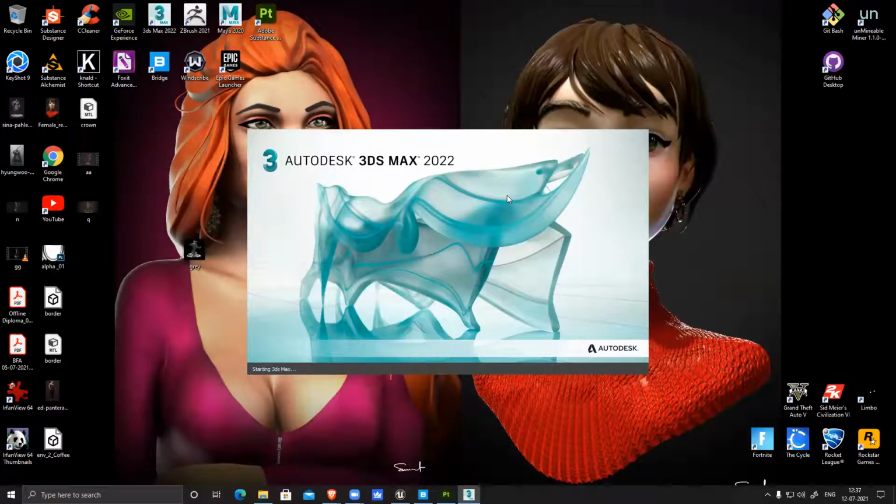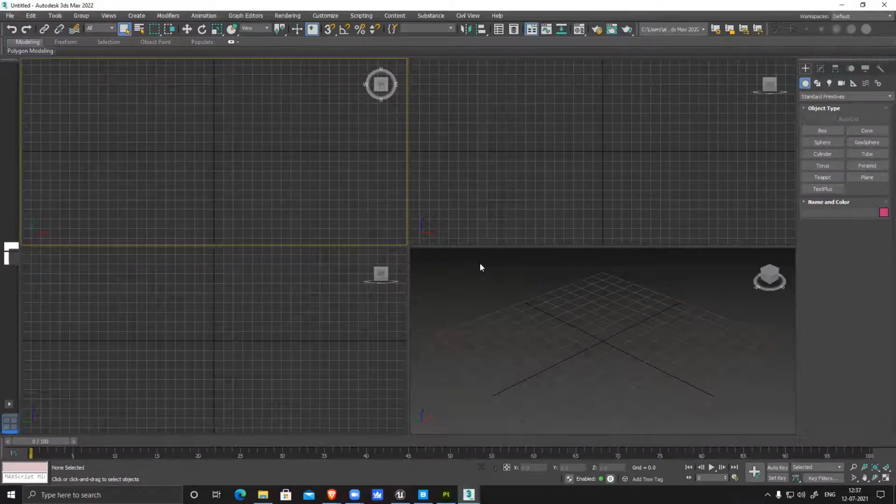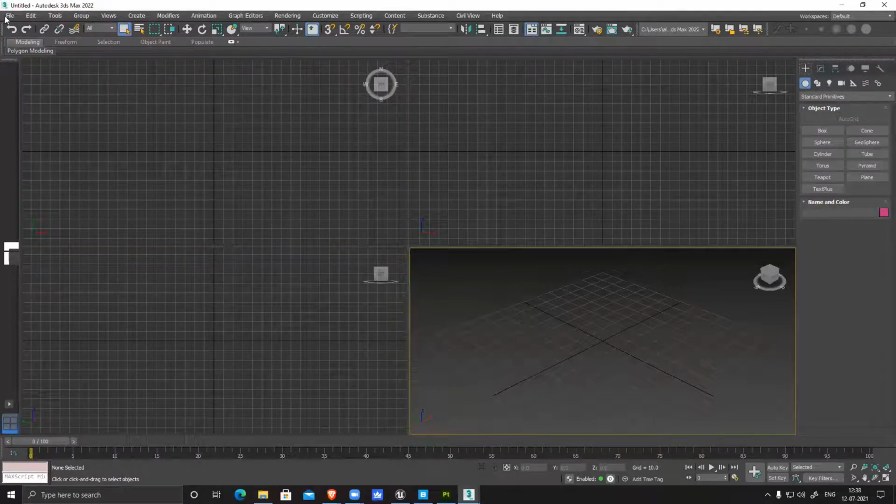If you apply a checker map, either the checker map throughout the model should be the same, or the bigger part will have more space. If you have more detail in some area, like some design or carving, give more space to that section. So technically it should be the same throughout the model. Yes, let's see.